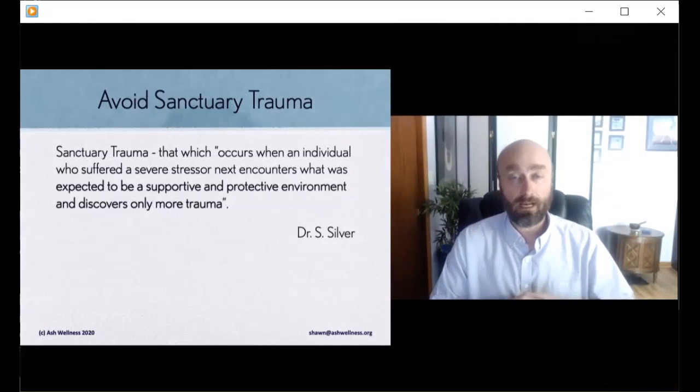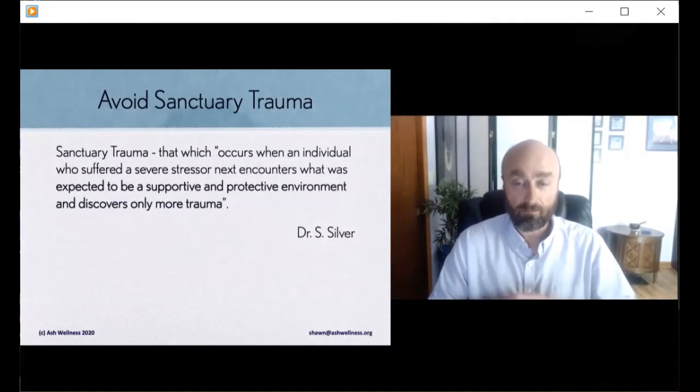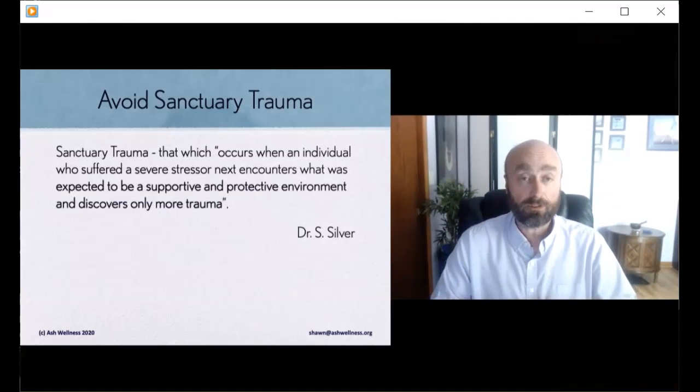Absolutely. But we want to check in about sanctuary trauma, which is actually a thing, and you can see it's defined up here. So there's a story of a person that I knew that when he was 11, 12 years old, had to go to the hospital a variety of times for various reasons, nothing significant. But he felt very safe there and taken care of. And then on his last visit, a nurse came in and said, "It's time for your bath." He's like, "Nah, I'm good. Don't need a bath. I already had a bath." And she says, "I hadn't given you a bath yet." And then she went on to sexually assault him.